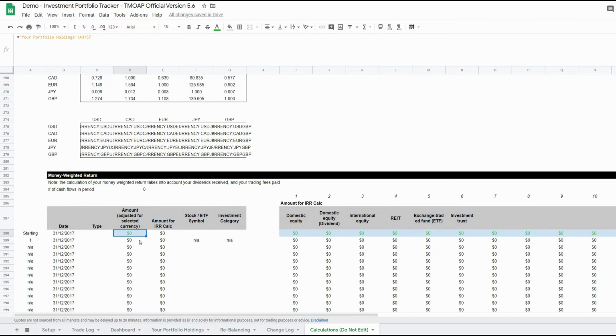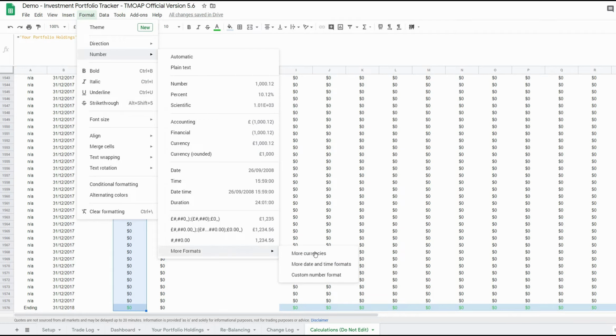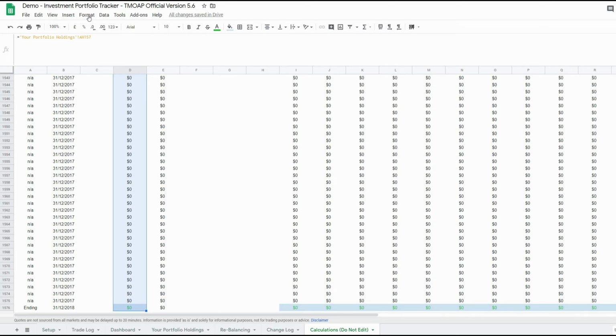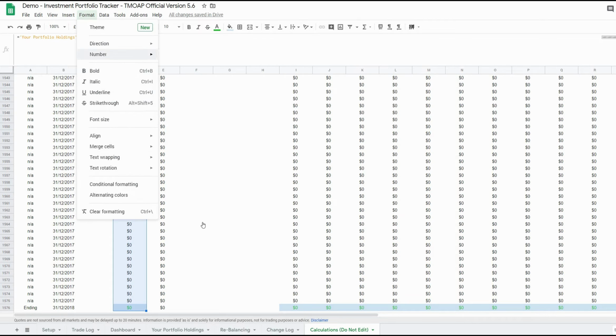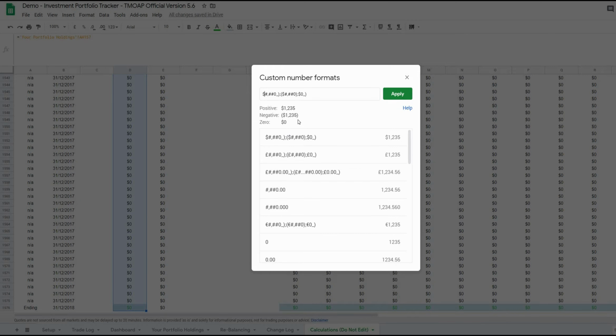So if we go all the way down, format, I'm not sure what the formatting is for this one. More currencies. Oh, wrong one, sorry. Format, more options, and we will go to custom format, and I want to change this to the pound symbol, this as well, and this as well, and that should